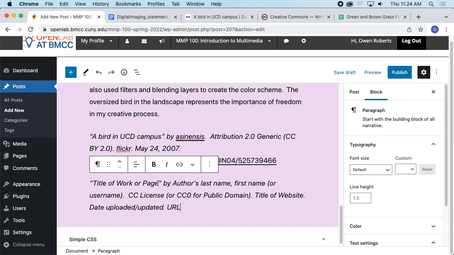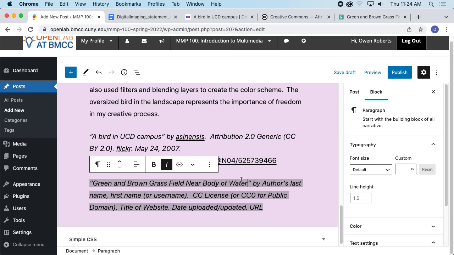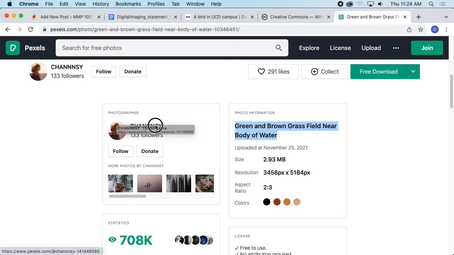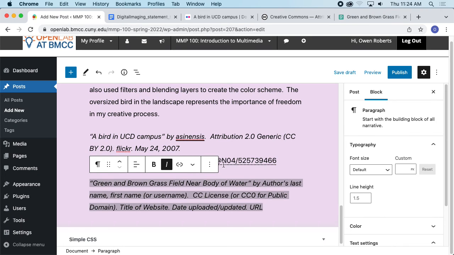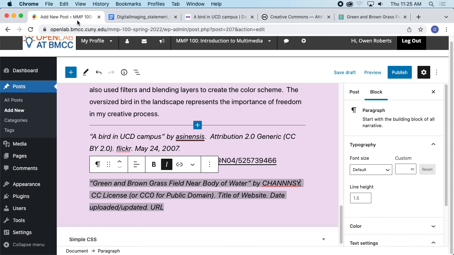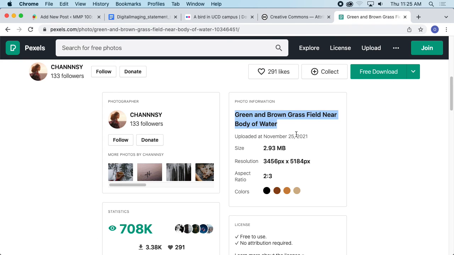And it's bold. So if I want to get rid of the formatting, I can do Command-Shift-Paste to undo any formatting that got copied over. The photographer is Chansey, so I'm just going to copy. This is a link, so I can't really select this text, but I'll just type it out. So it's Chansey with 3 N's. And I'm copying the formatting here, but you don't necessarily have to do that. So Chansey with 3 N's, and then the license